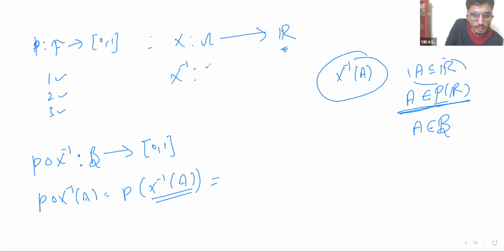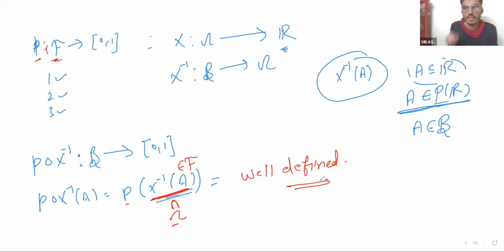X inverse of A is a subset of omega. So simply you can say this is a subset of omega, and easily you can say that this set belongs to script F. So this P has its input from F. So this is well defined.